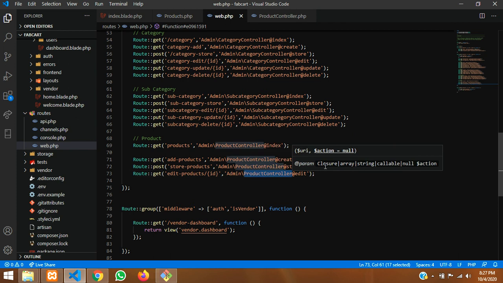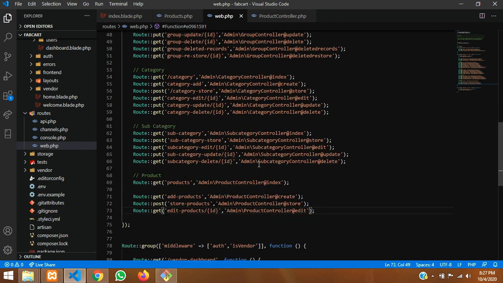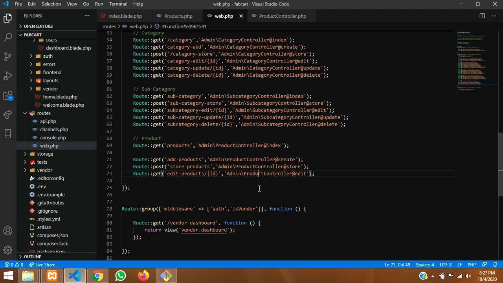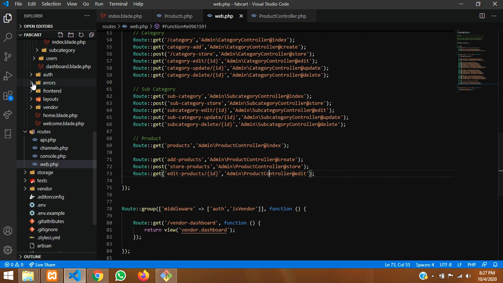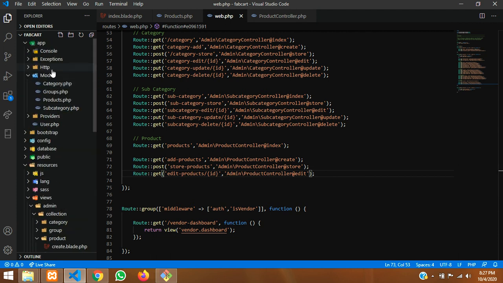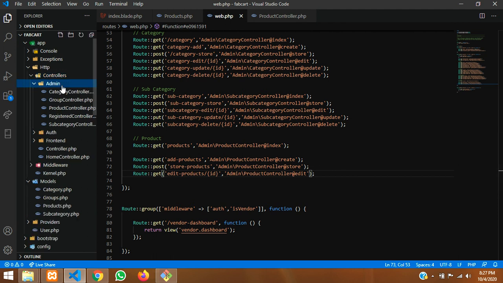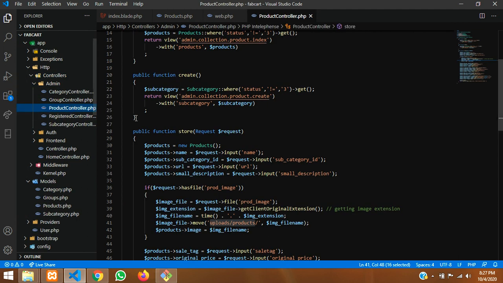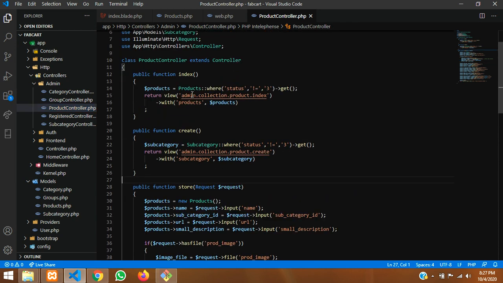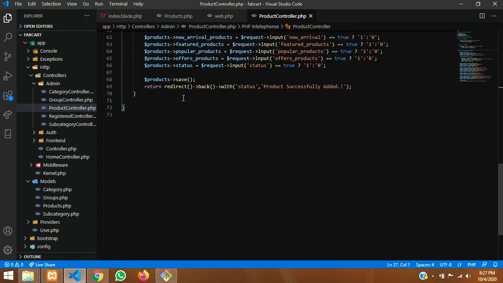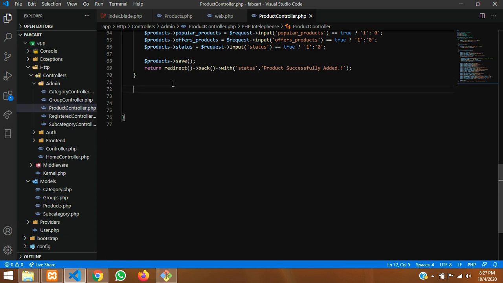Okay, so now let's go to this controller over here. So first step, let's move to this controller, which is inside our app, HTTP, controller. Over here you can find the admin controller, the product controller. Click. So we already have these many functions, just ignore that, and let's continue below by typing the function name.